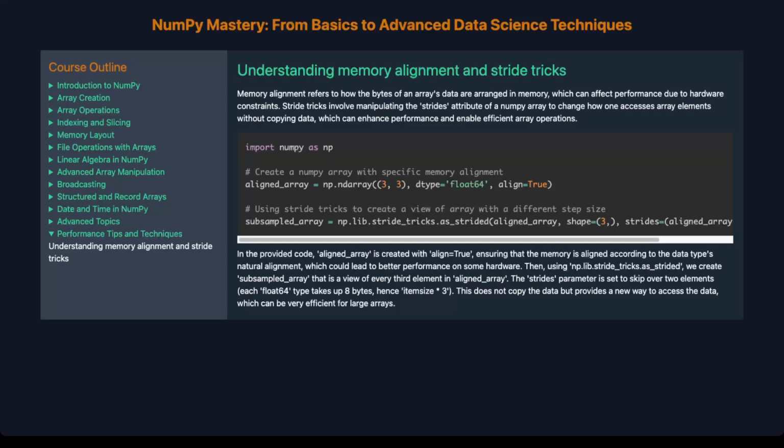In the provided code, an aligned array is created with align equals true, ensuring that the memory is aligned according to the data type's natural alignment, which could lead to better performance on some hardware. Then, using